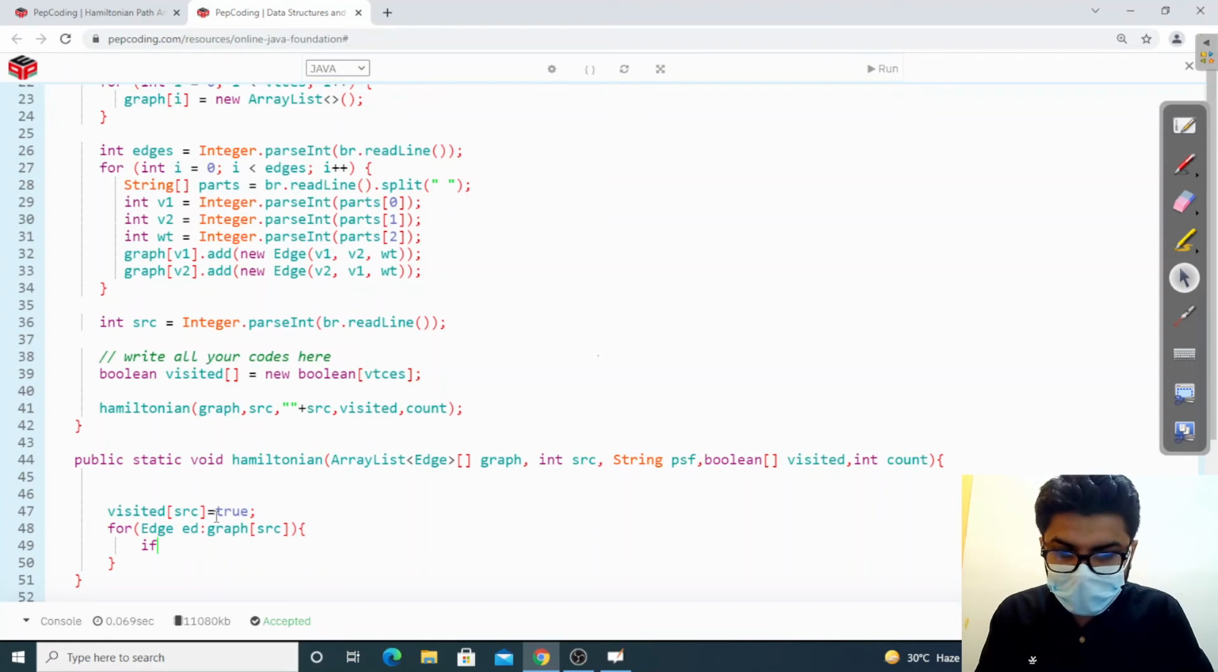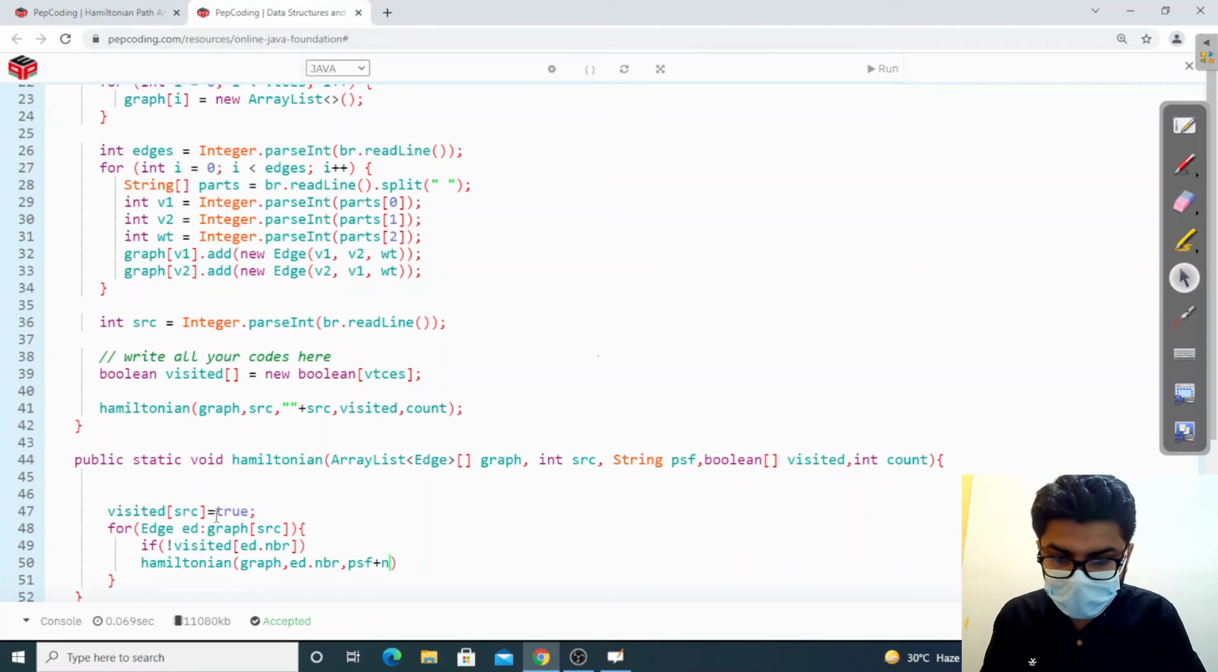Now as usual I'm going to check if the neighbor is visited or not. If not, I'm going to make the recursive call. It should be graph. Now in place of src I'm going to pass ed.neighbor, and I'm going to add this neighbor to our path, and I'm going to pass the visited, and finally I'm going to increase the count by 1. Okay,